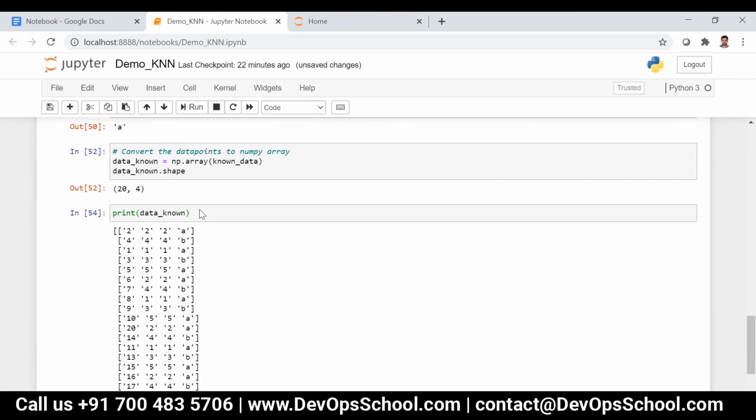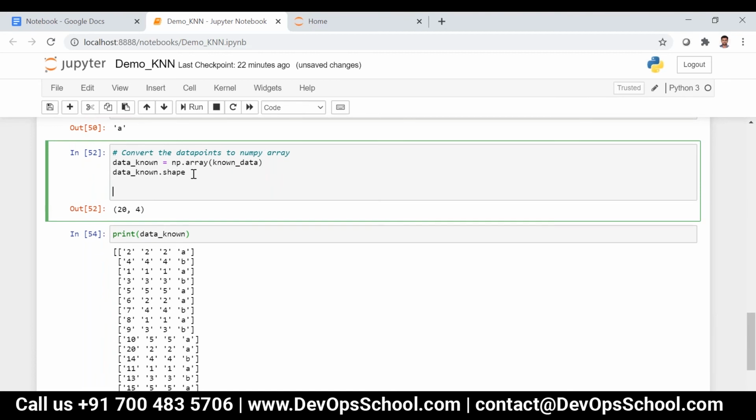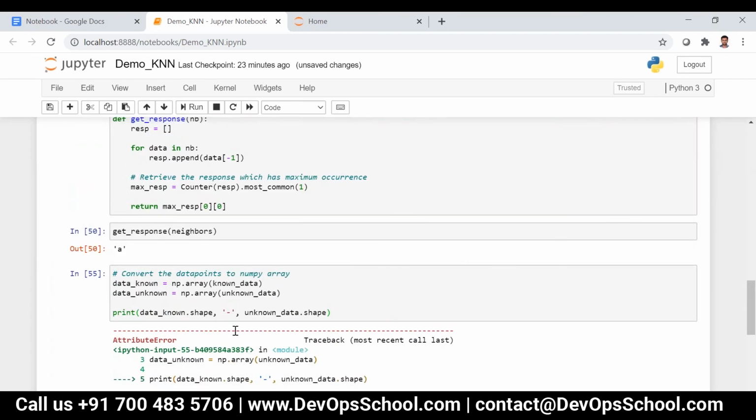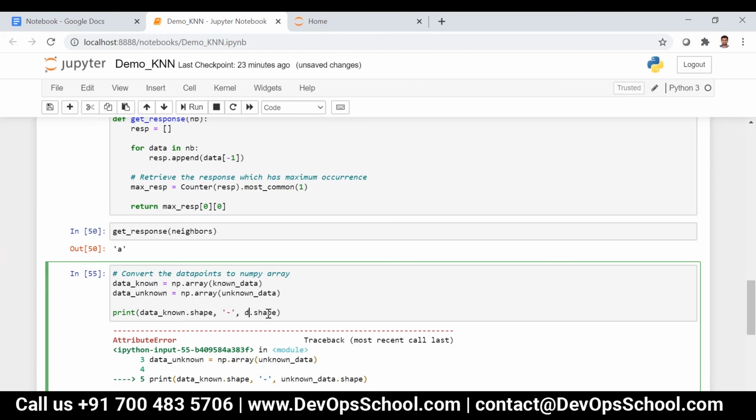Similarly, I can just write data_unknown is equal to np.array of unknown_data, and then I can just write print data_known.shape, and then data_unknown.shape. Sorry, data_unknown, my mistake.